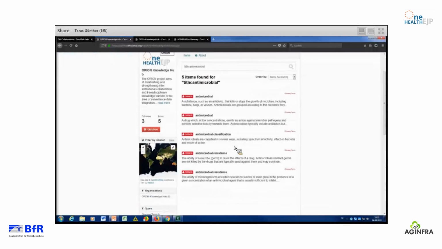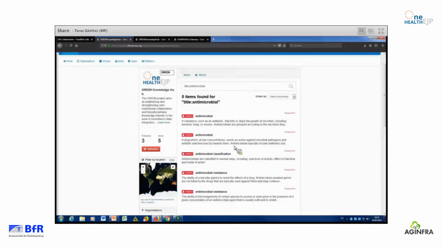And now you see we have antimicrobial 2 times, also antimicrobial resistance. And what does this mean? You see we have different definitions for each term. That means if we found a resource with a specific definition, you can look for what is out there. So, and it means if I go on this one,